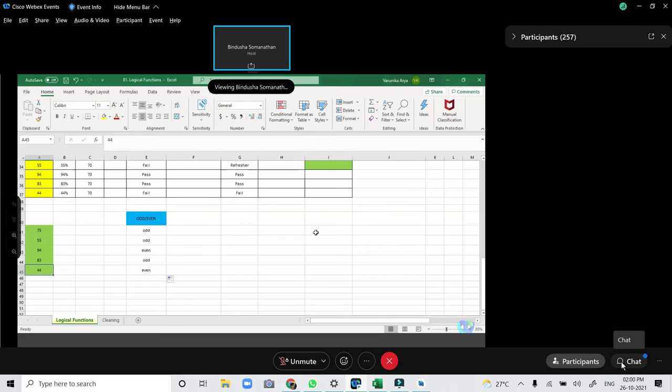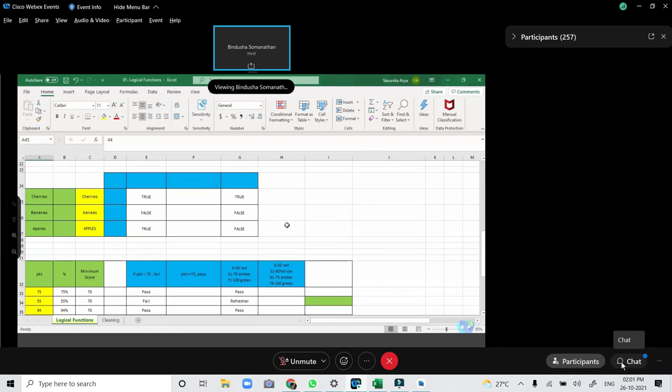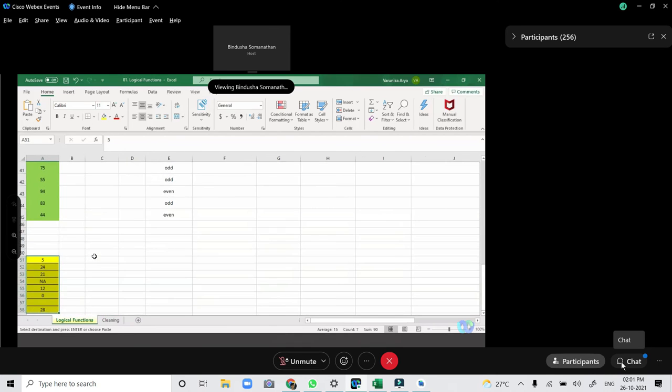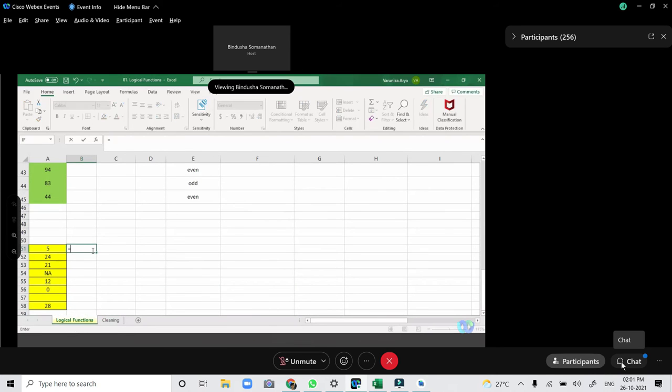Right. Last thing about this is IFERROR. Now there are situations where, if you remember, if you divide this number by 2, see, here it gives you a hash value.